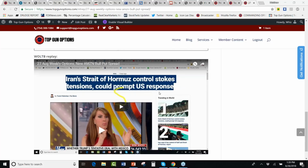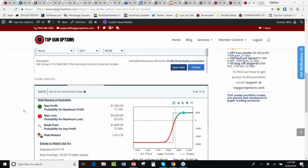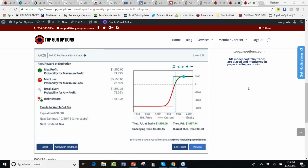So this is what the member page looks like. Okay, so take a look at this bull put spread real quick, because this is how we trade here at Top Gun Options. Our max potential loss yesterday was about $5,600. That's a little north of what I'm going to teach you, what we have called SOPs here at Top Gun Options, Standard Operating Procedures. Meaning, based on a notional $100,000 portfolio, I don't want to risk more than 5% on